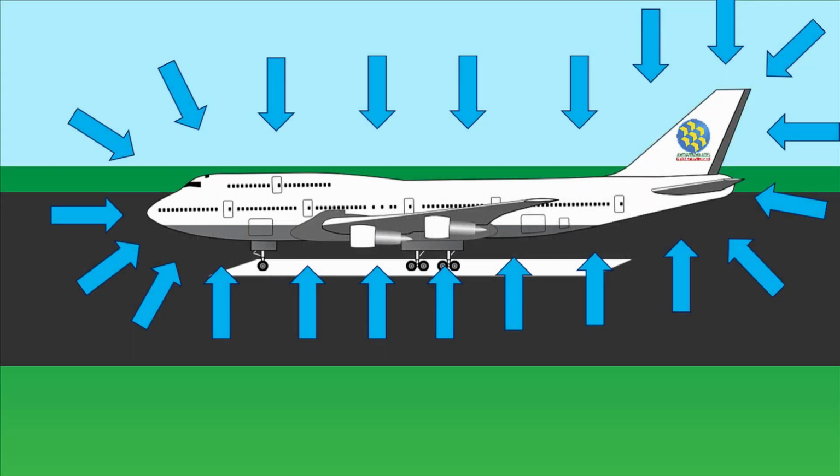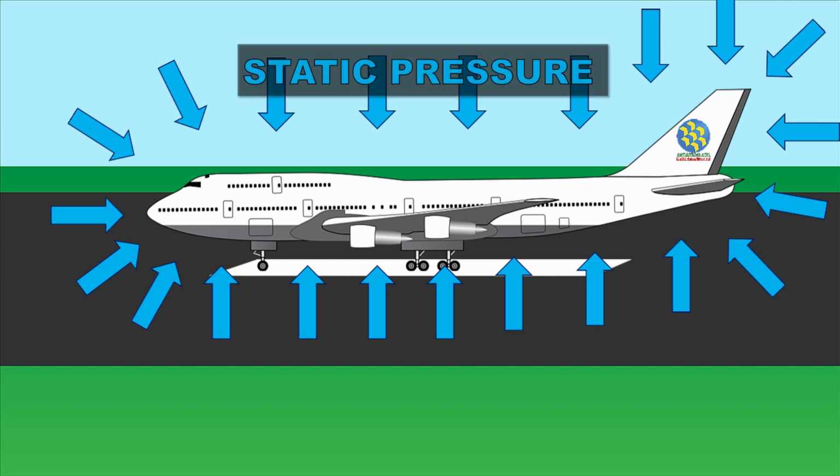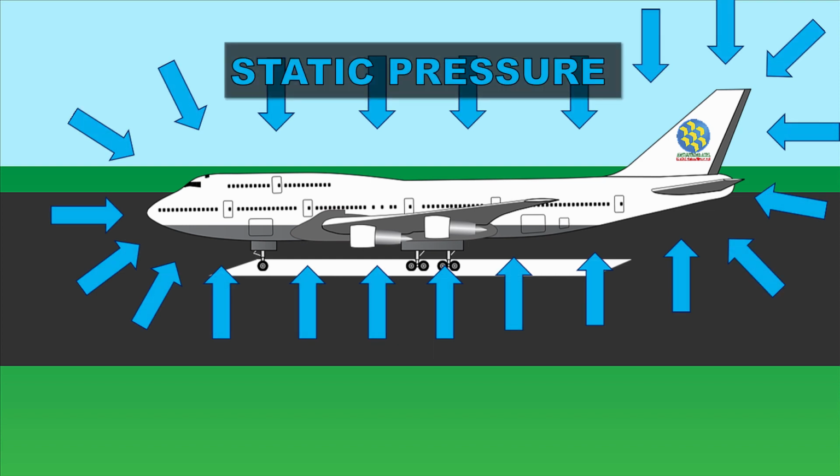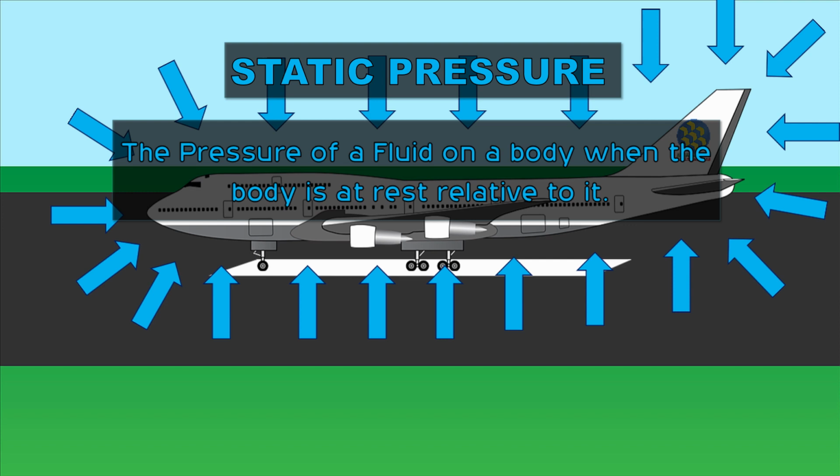Definition: any object that is in the Earth's atmosphere is subjected to atmospheric pressure due to the surrounding air. This pressure is also known as static pressure. This pressure always acts onto objects, including aircraft. Static pressure is defined as the pressure of a fluid on a body when the body is at rest relative